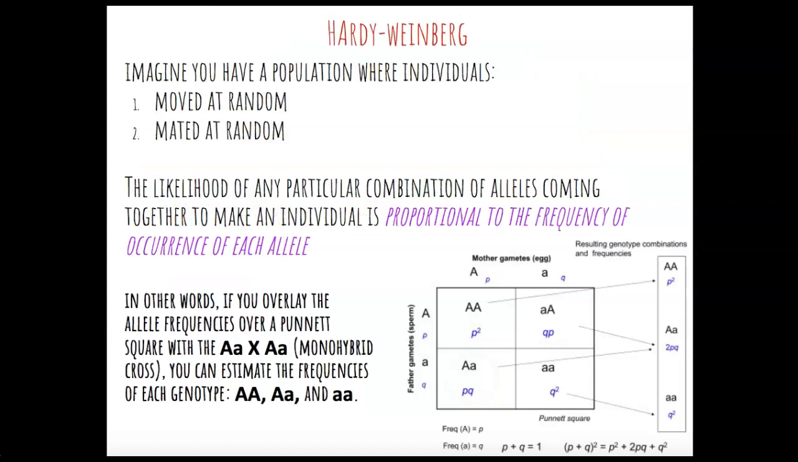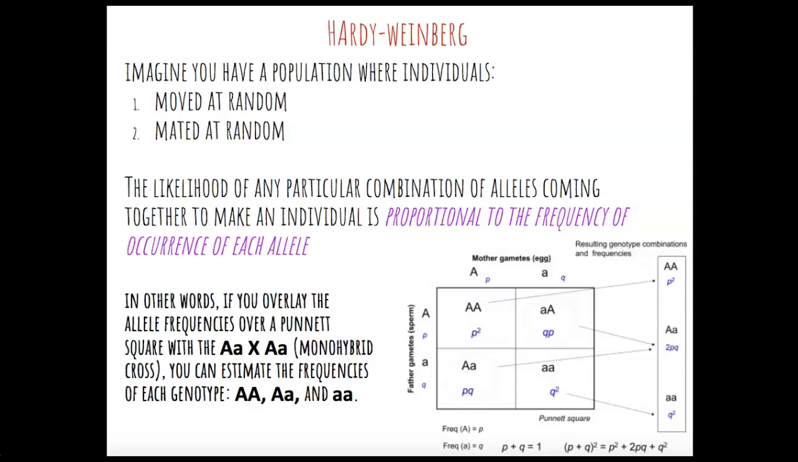So for Hardy-Weinberg, imagine that you have a population where individuals moved at random and mated at random. So the likelihood of any particular combination of alleles coming together to make an individual is proportional to the frequency of the occurrence of each allele. In other words, if you overlay the allele frequencies over a Punnett square with a big A little a by big A little a monohybrid cross, you can estimate the frequencies of each genotype, which are homozygous dominant,